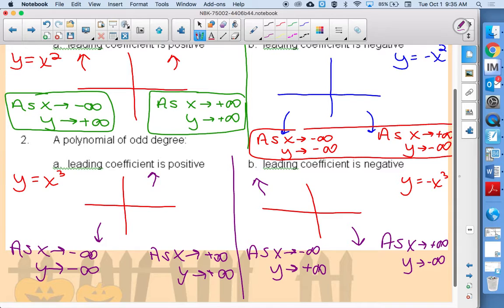So the goal is for us to be able to look at the largest power and the number in front of it, those two things, and without using the calculator, be able to describe the end behavior. And there's 4 conditions. It'll only be one of these 4. So on the next page,